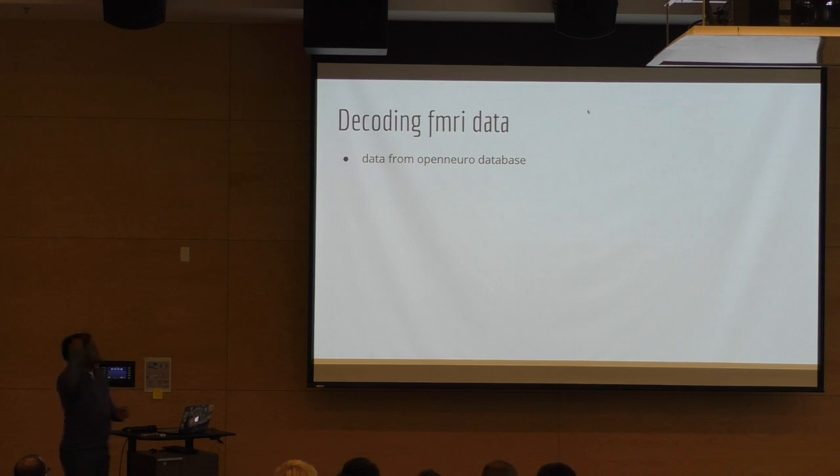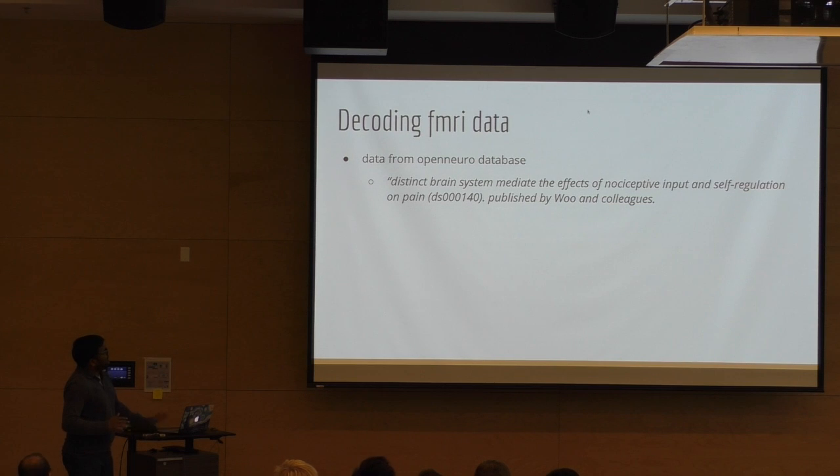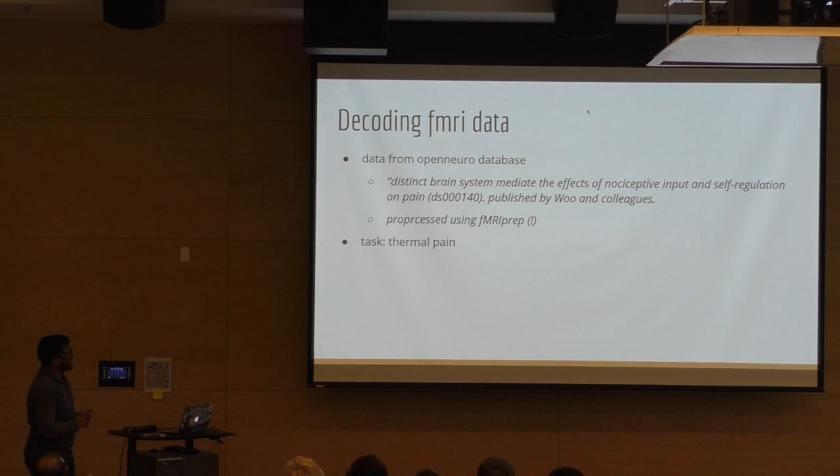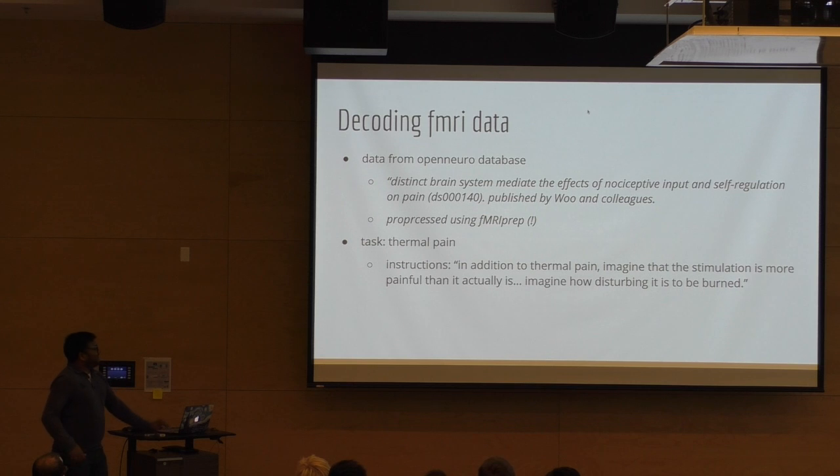Yeah, for this we got a data set from the OpenNeuro database. Julio pre-processed it with fMRIPrep, and it's from a study by Wu and colleagues. Maybe Julio became a pro in using fMRIPrep. That must be it. So, the task is a thermal pain task,